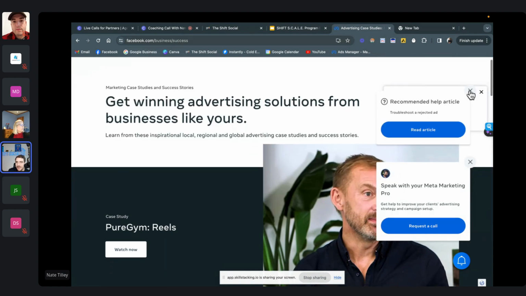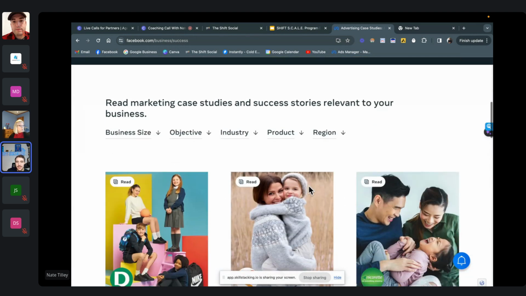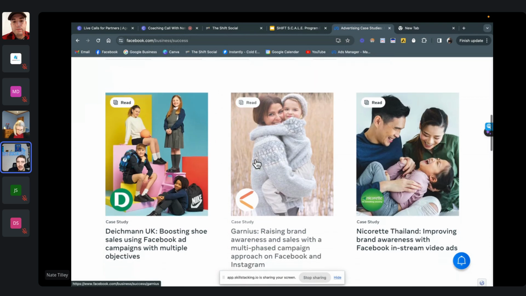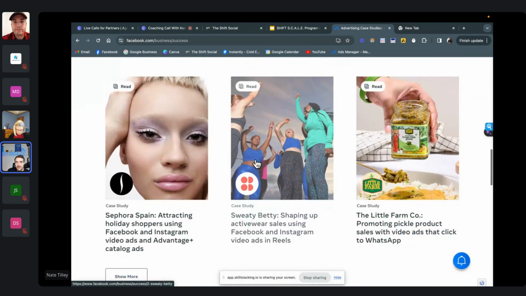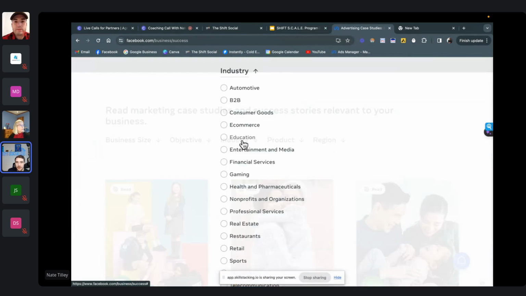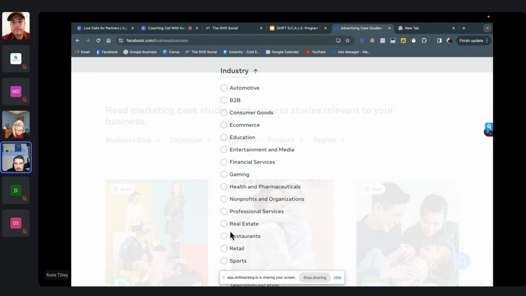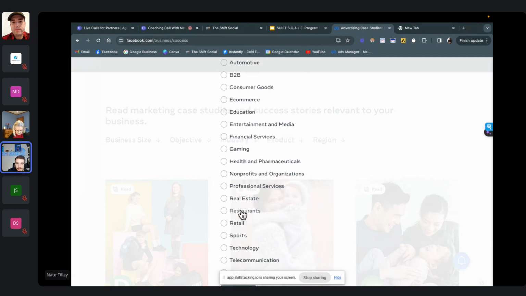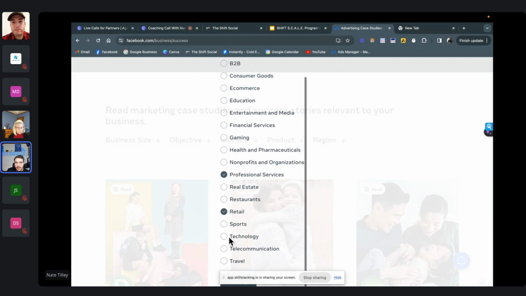So you can go to facebook.com/business/success. And what this is going to have is you can talk with the Meta people. It's got all these resources. And check this out, guys. They've literally got case studies that you can use that talk about how these businesses were able to get results with Facebook ads. And you can just pick your industry. So let's see if they have any roofing. Doesn't look like it. Maybe that would fall under professional services. Could fall under, probably not retail, but